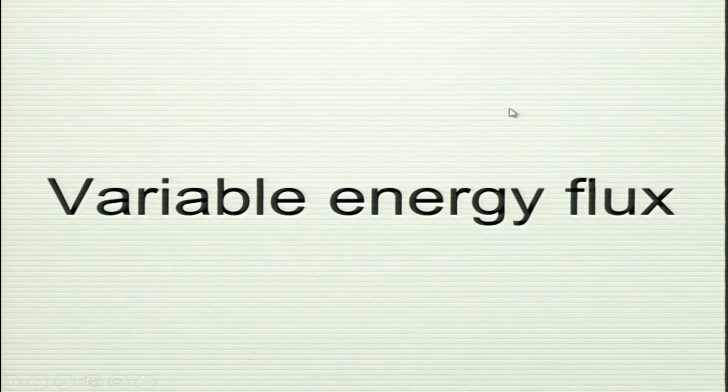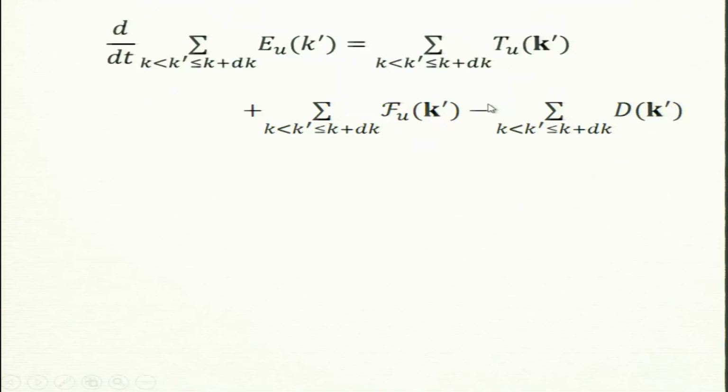Now, we define something called variable energy flux. Forget about the variable right now; we are going to derive how the flux varies from one wave number to another. The flux is a function of k, so it is not necessary that it is the same everywhere. Let us see how it varies with wave numbers. So, let us define the 1D shell spectrum.